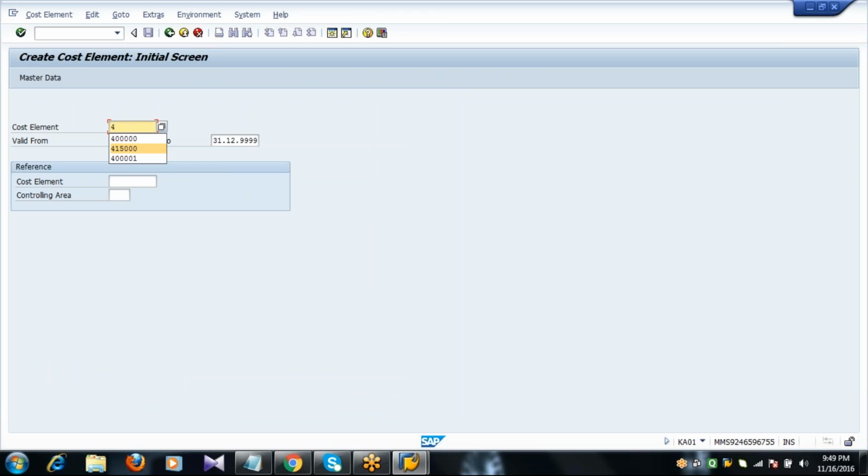Always take the cost element as 400,000, that is 4 lakhs. In our training program, this is standard.